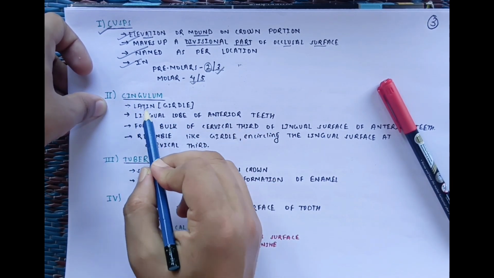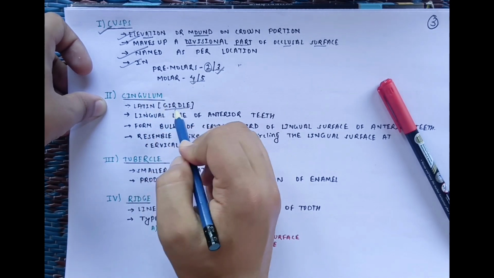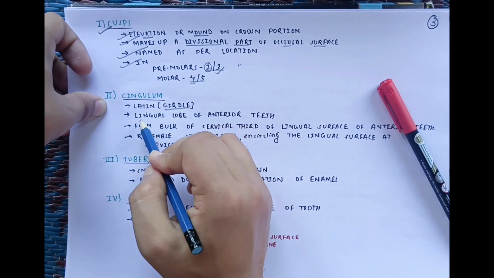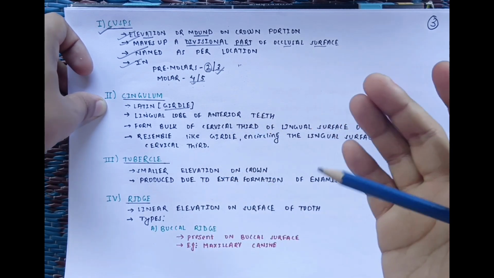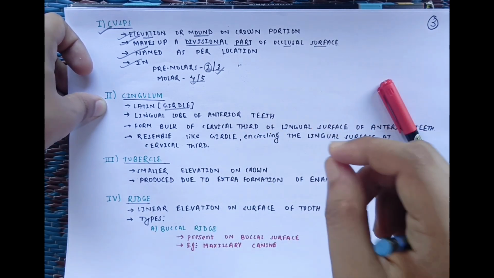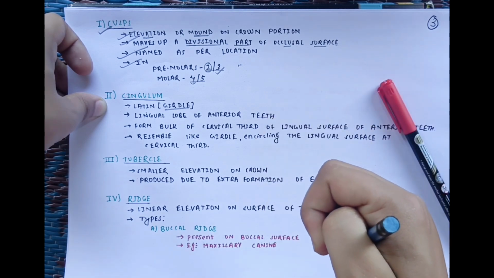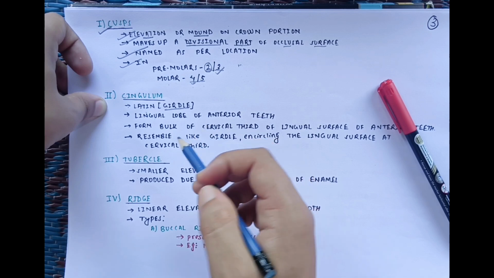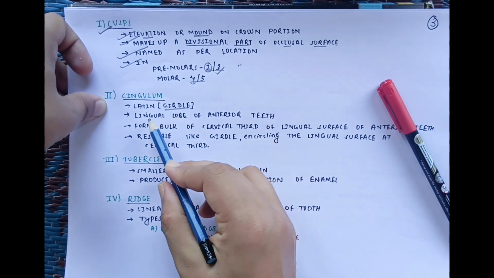So now moving ahead, there is the cingulum. In Latin, cingulum means girdle. It forms the lingual lobe of the anterior teeth. Cingulum is mostly present in our anterior teeth. This part of the tooth can be felt easily by our tongue. There we can feel that at the cervical portion of the anterior teeth there is a small elevation